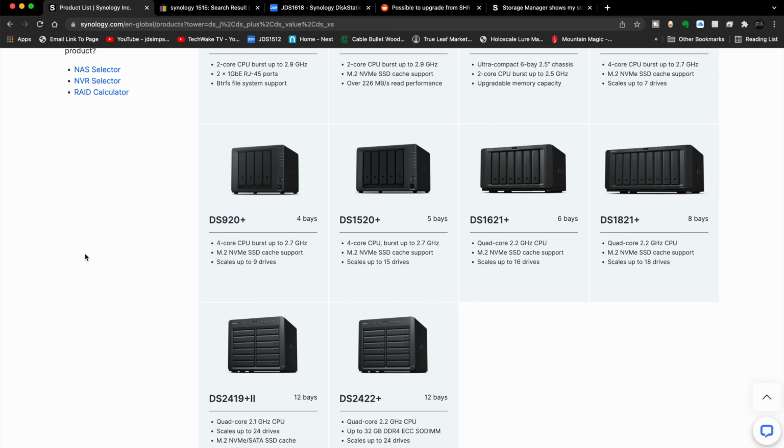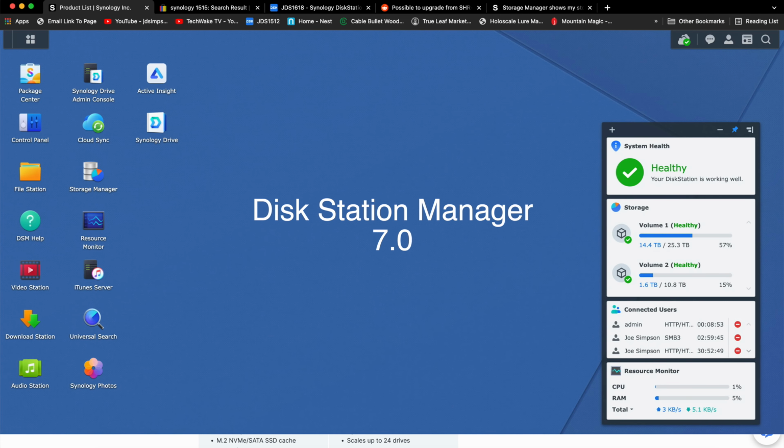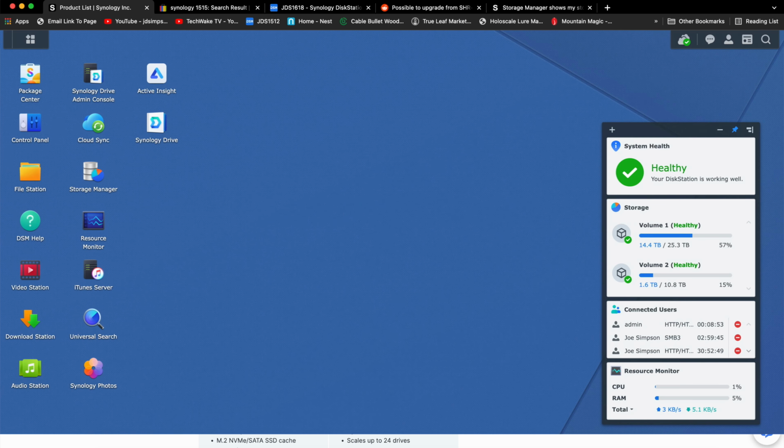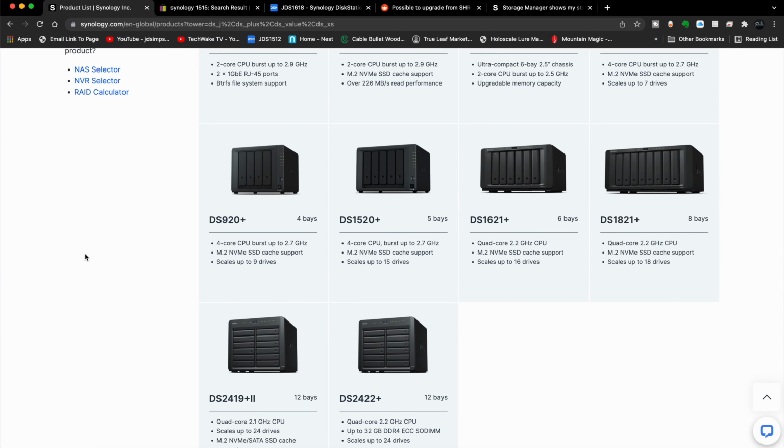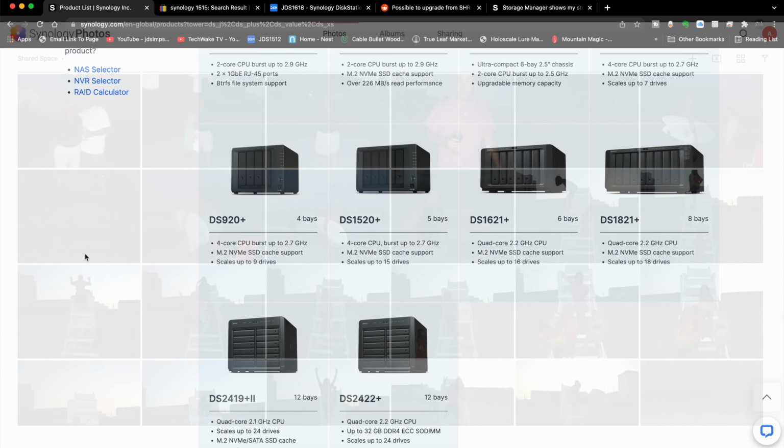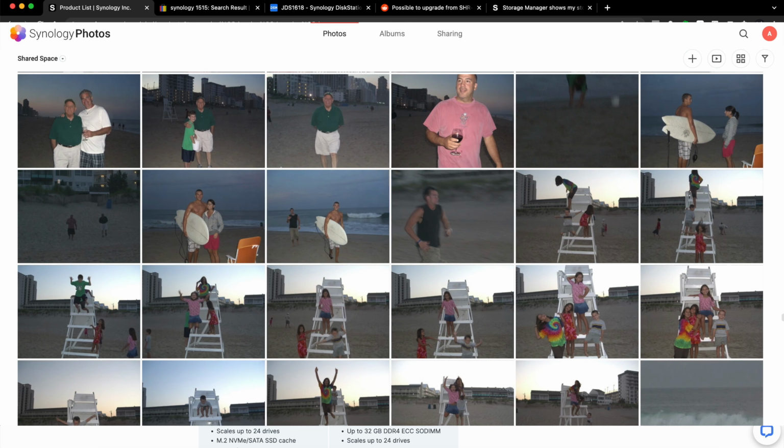It's going to need to be new enough to run the DSM 7.0. DSM is Disk Station Manager. Think of it as the operating system for the NAS. This NAS really is like a computer. And when you go down into its interface, you feel like you're on a computer. It's kind of basic, but it does feel kind of Windows-ish, but it's a totally different setup, and it has you geared towards storage and server functionality. Now, the new 7.0 offers a version of the Photos application that I think is the best, and it's probably one of the main reasons that I've upgraded my unit this year.